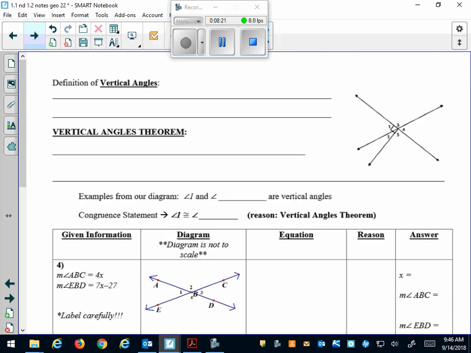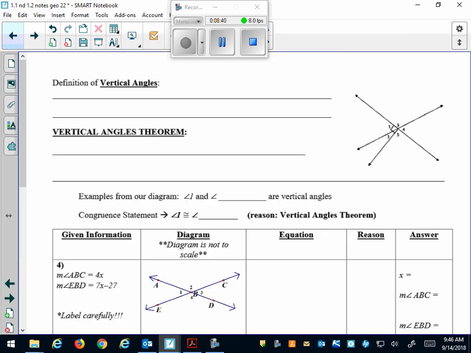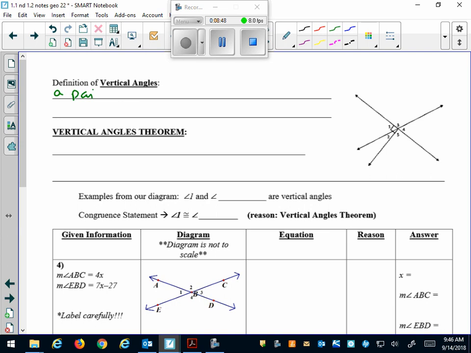Okay, so the second special pair of angles are going to be the vertical angles that we saw in our original discussion here. The vertical angles are these angles that are across from each other in this diagram. So we're going to define those as a pair of angles formed by two intersecting lines